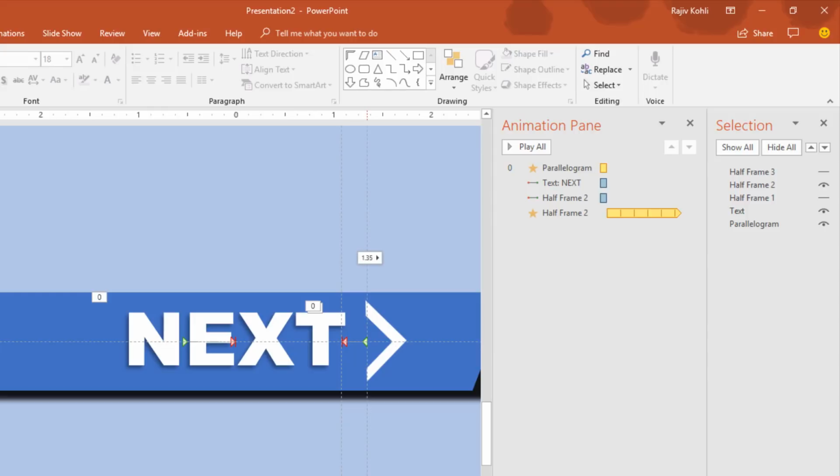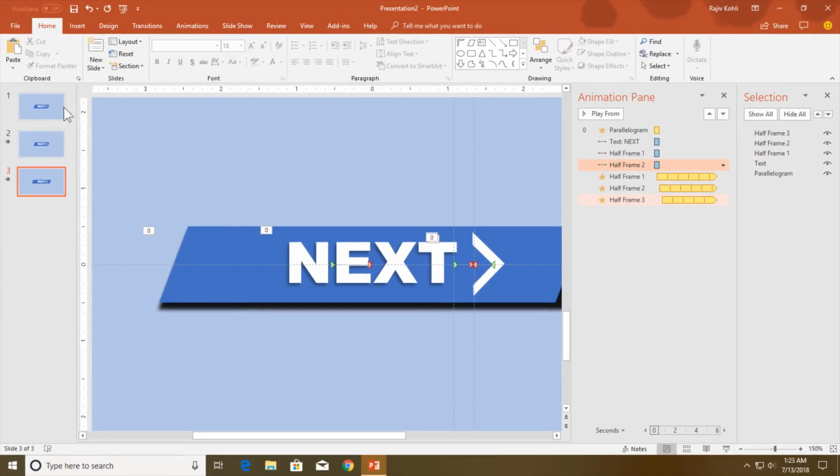Hold down the Alt key, and that way you can adjust the guides as you want. So here I am going to move the starting point farther away, and then the ending point on top of this guide, and the starting point back to its original position. Now turn on the hidden items on the slide. Now let's see the slideshow first. Okay, that one is working fine.